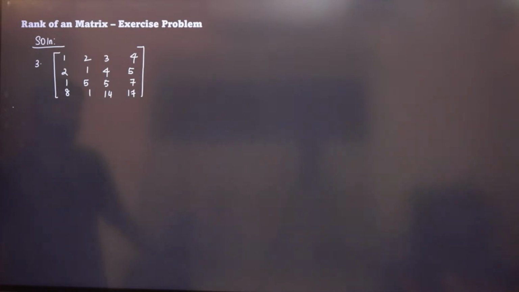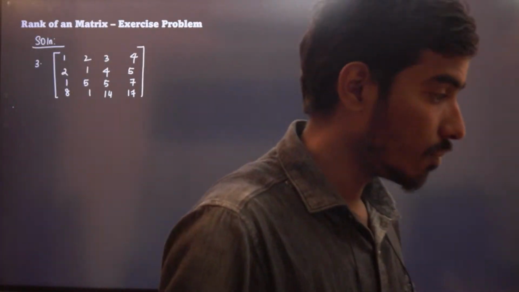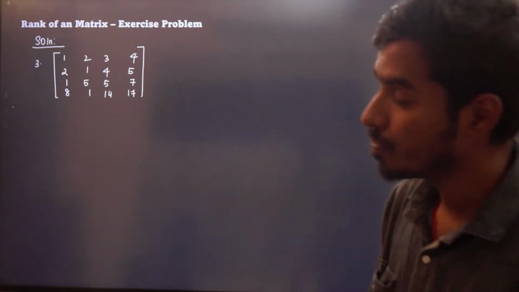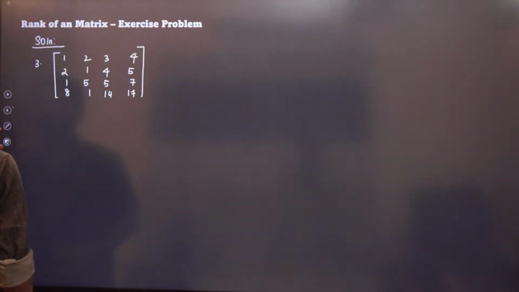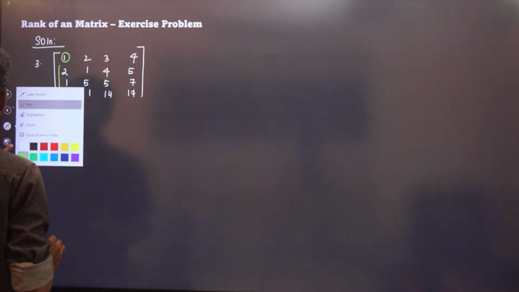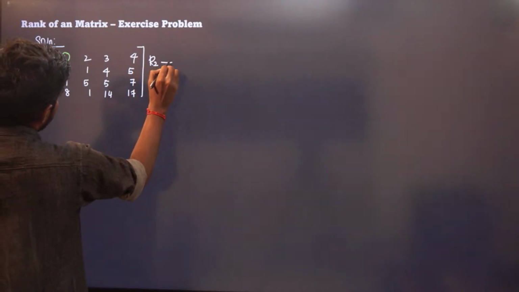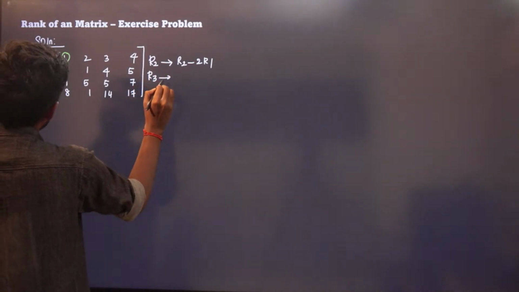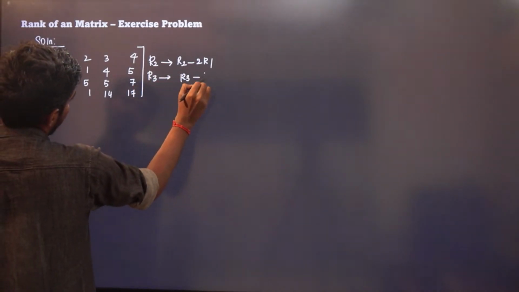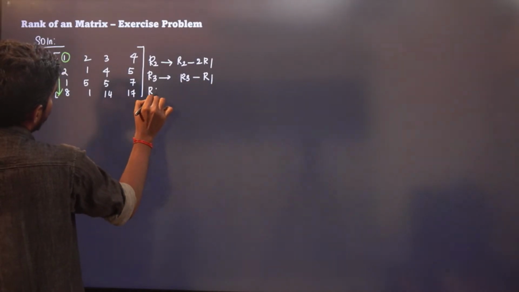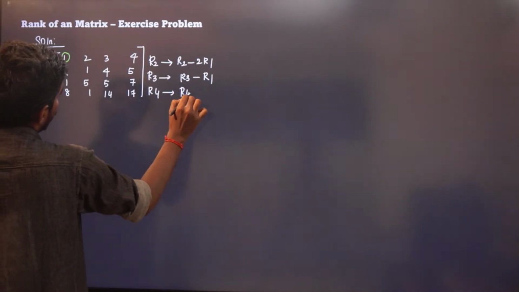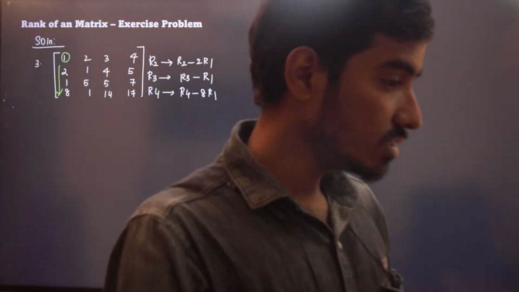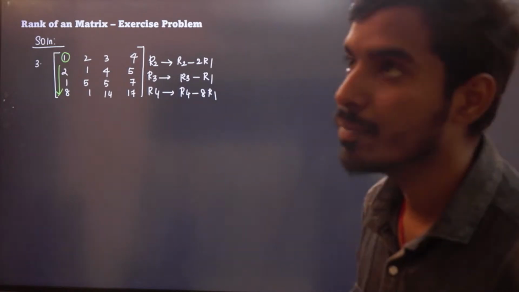So I'll take this problem and then I'll do this. First row, first non-zero element is 1. Below that everything has to be 0. So we'll make these all elements 0, with the help of this element only. What we have to do? R2 is transformed to R2 minus 2 times R1. R3 is transformed to R3 minus R1. R4 is transformed to R4 minus 8 times R1. Is this clear? When I make these three operations, below my first row, first non-zero element, everything will be